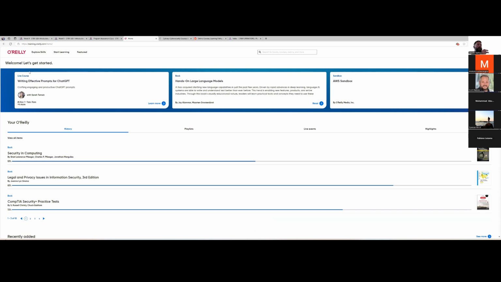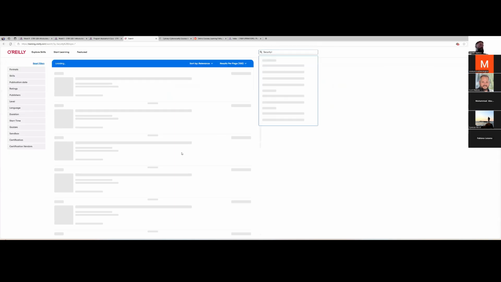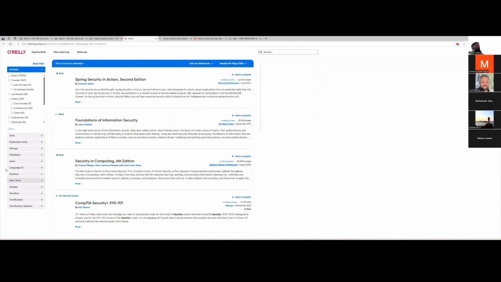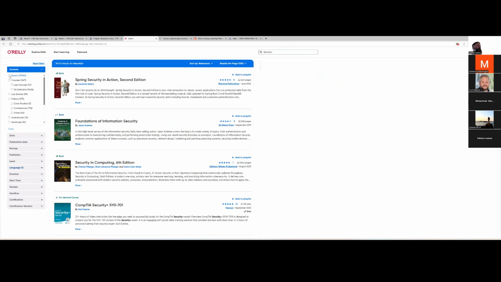So if you are trying to learn, let's say, CompTIA Security Plus material, let me go to, you type in Security Plus. Now you can look at books. There's 37,000 books that you can access for Security Plus on here. Not all of them are relevant anymore, right? It's cataloging things that are like fourth edition of the exam, fifth edition.